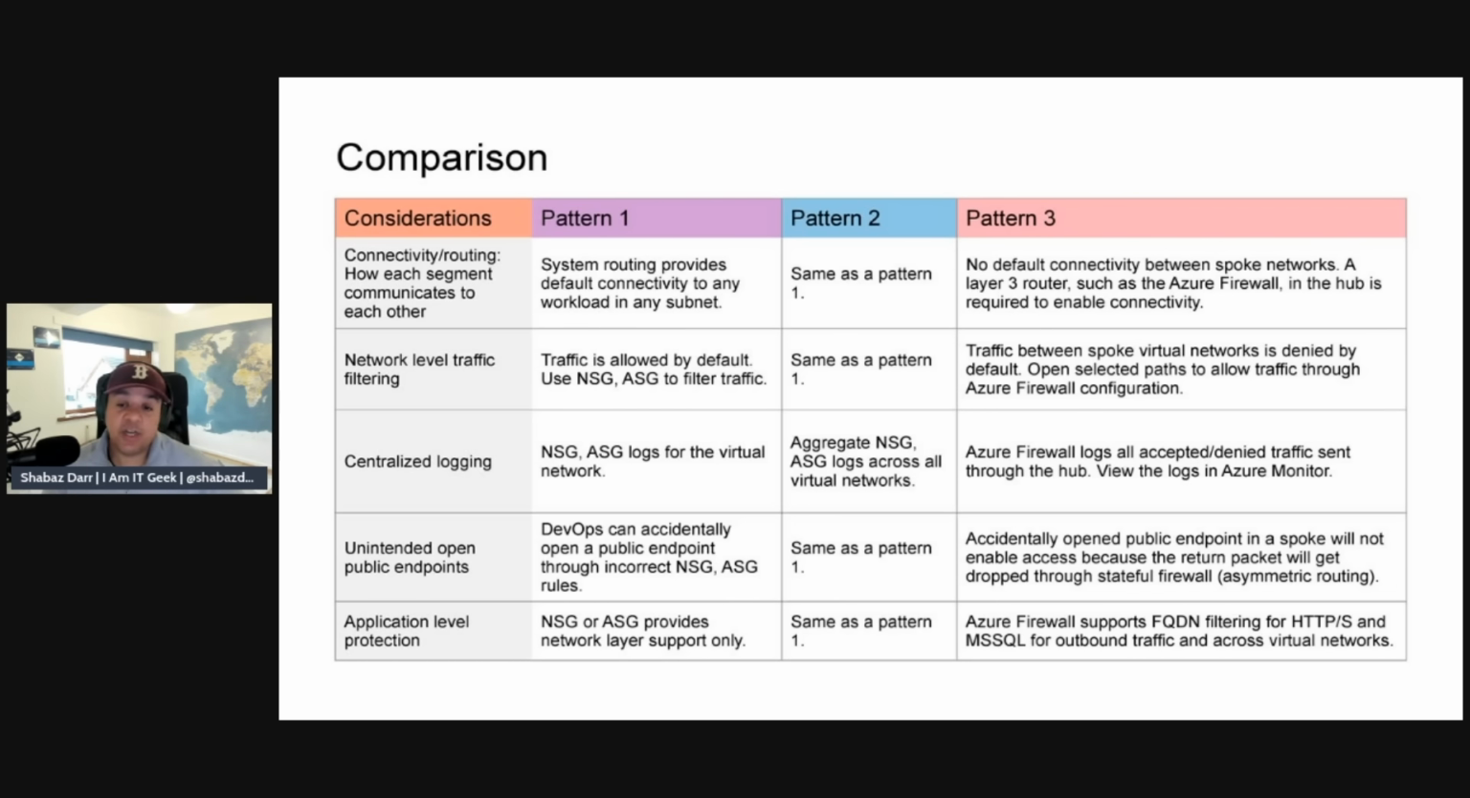And with pattern 3, the firewall logs are accepted or denied traffic sent through the hub. You can view logs in Azure Monitor. Then we'll consider unintended open public endpoints. With pattern 1, DevOps can accidentally open a public endpoint through incorrect NSG or ASG rules, and pattern 2